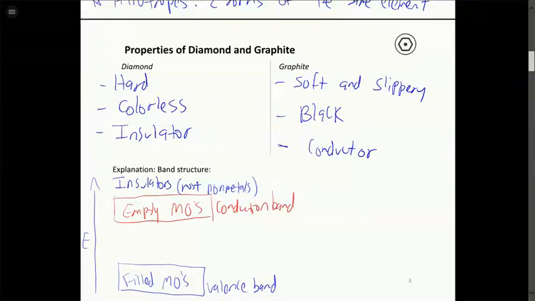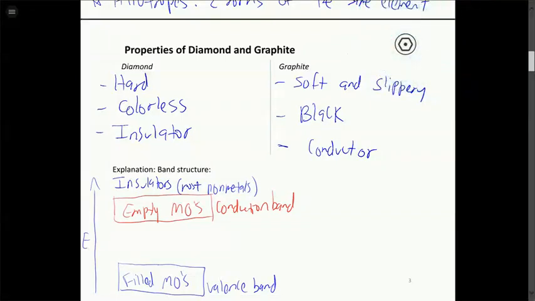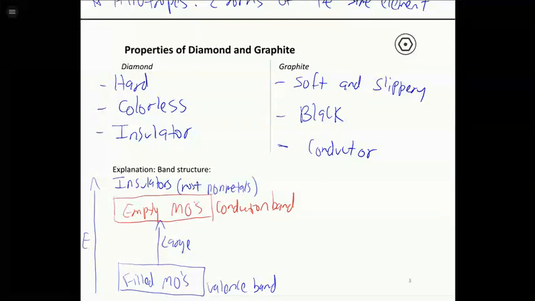And the point is, when you have an insulator structure, you have a large gap between the filled and the empty molecular orbitals. Because to get electrical conductivity, you need electrons to move from the valence band into the conduction band. Whenever you're conducting electricity, the electrons are hopping around from atom to atom, and the only empty orbitals are the ones up here, so the electron has to go from a filled orbital to an empty orbital to be able to hop along through the structure and conduct electricity. So when you have a large gap like this, you tend to get an insulator because there's just too much energy for this electron to overcome to move through the structure.